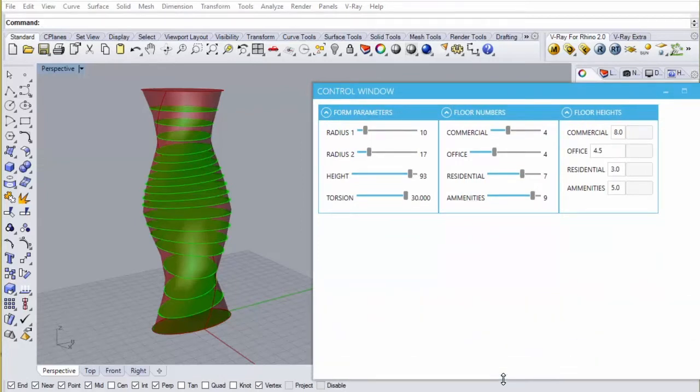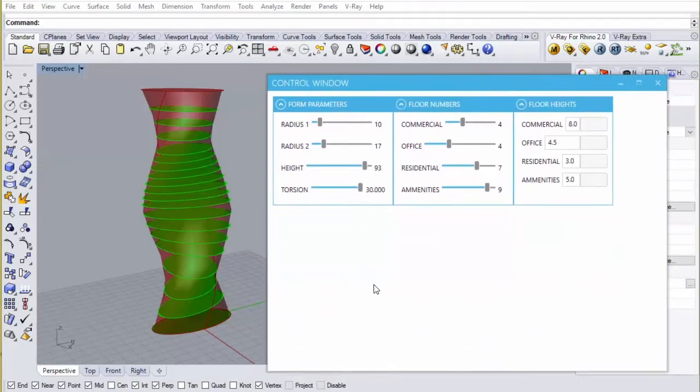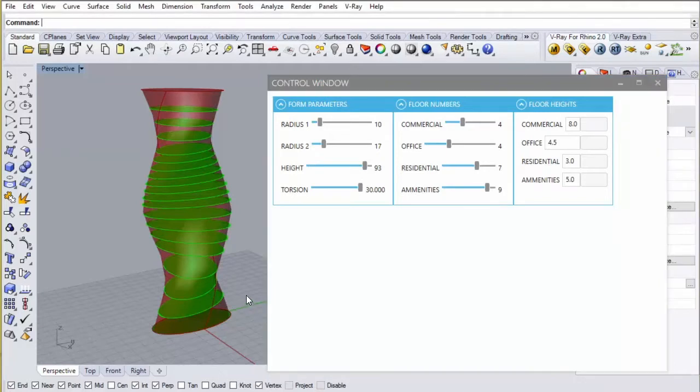But now what we want to do is start to organize our outputs. So what information do we get out of our definition and we display here? So once again, we might not even want to have our Rhino window open and just have this window as the sole interface for our definition.